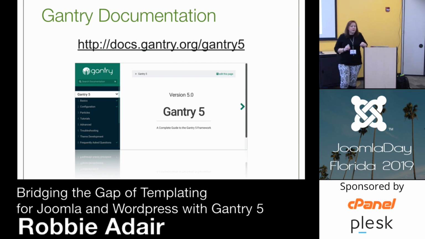I also like to point out, because I feel like Gantry, and I use a lot of products, I guess, that have learning curves with them. And I find most powerful products, there is a learning curve, right? It does so much. You have to get the terminology down. You have to see how it's really structured and functioning. And so Gantry does have a bit of a learning curve at first, Gantry 5. More than Gantry 4, which was not. It was more like all the other themes, just like tabs of settings. Gantry 5 is different. It's more robust. And so I do like to tell you their documentation is really good, though. They have nice documentation online. And the guys are very helpful too, so you can send in support tickets and stuff, and they'll answer, even if you're just using the free version.